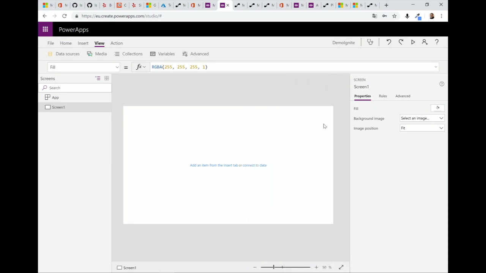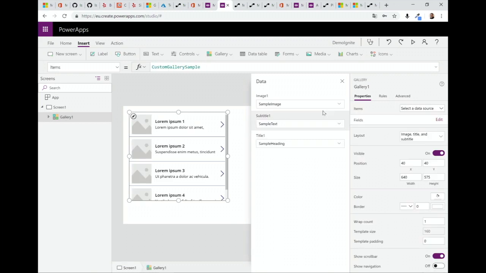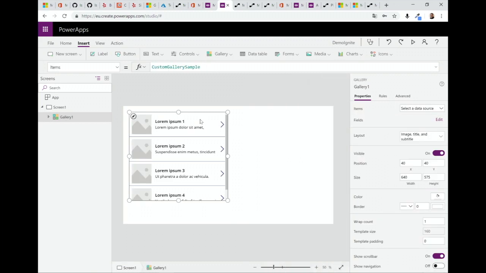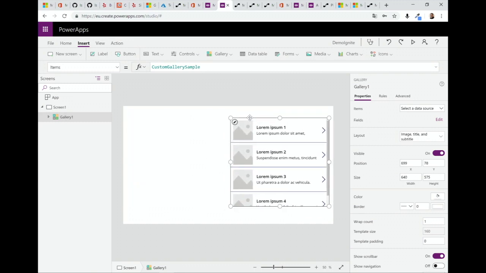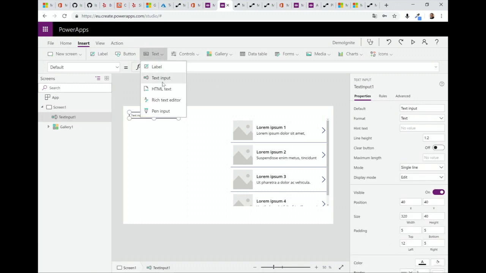So if I want just to insert in the gallery something like this, and I will provide here an input text, and the second one for the term and for the location.